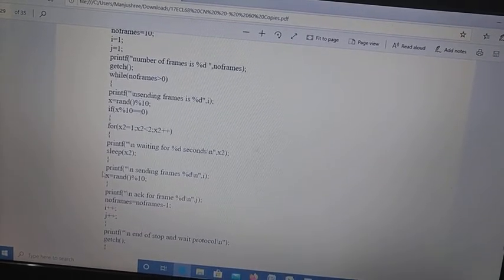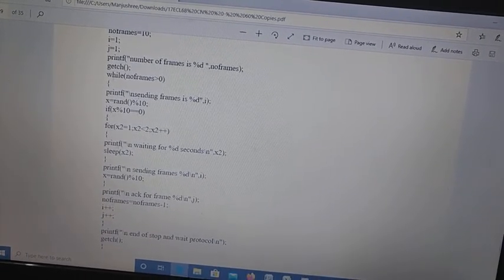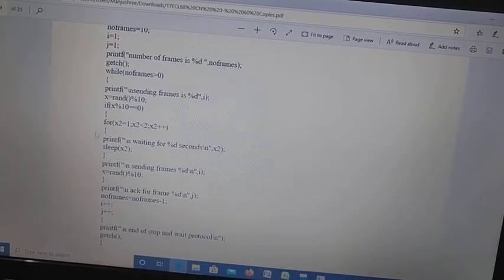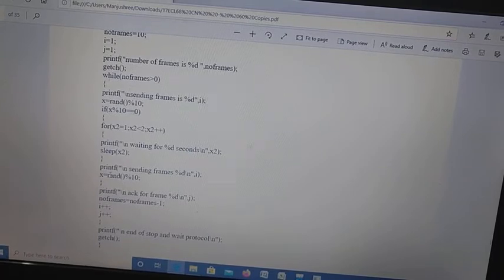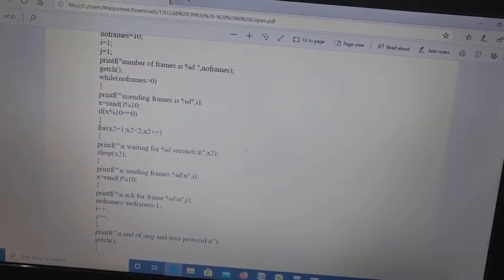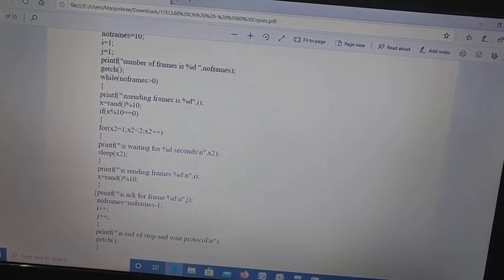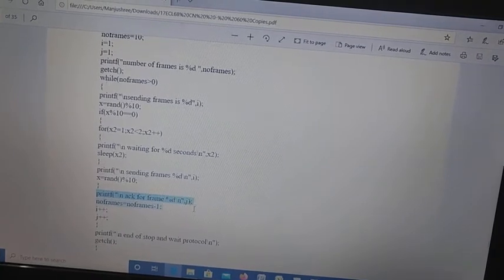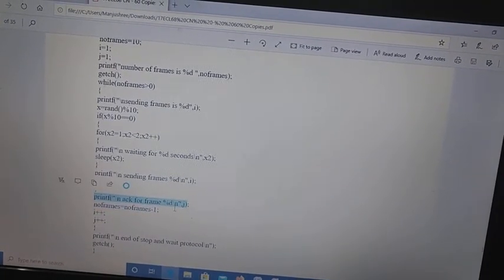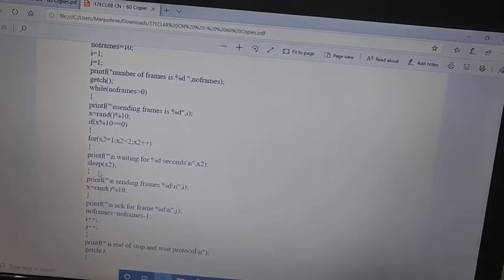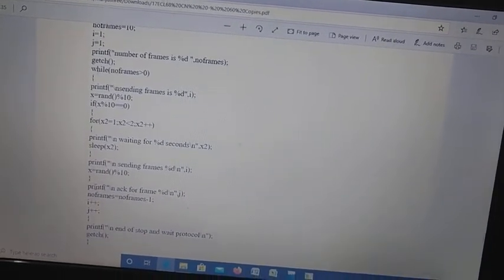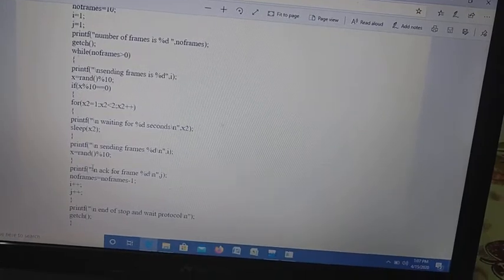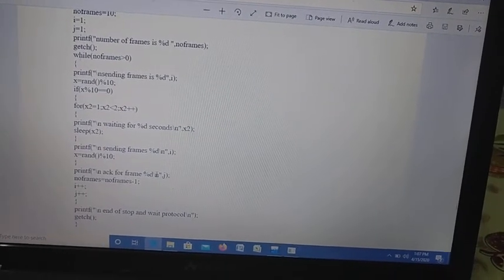This block will be executed when the if statement is true. If the if statement is false, directly this printf acknowledgement frame statement is executed. When it is true, this process is completed and it will go to the next line, that is printf acknowledgement for frame %d.